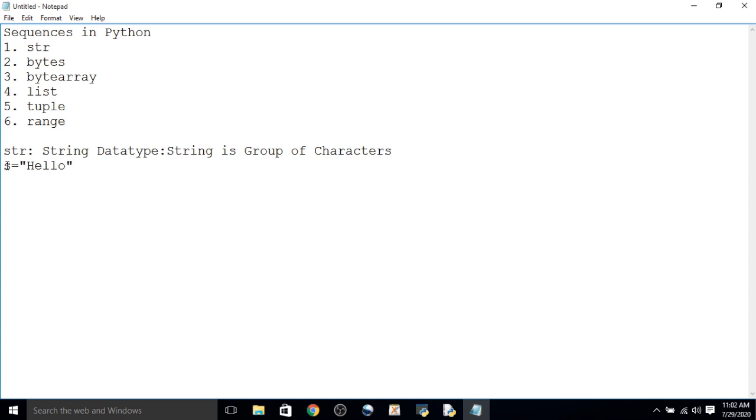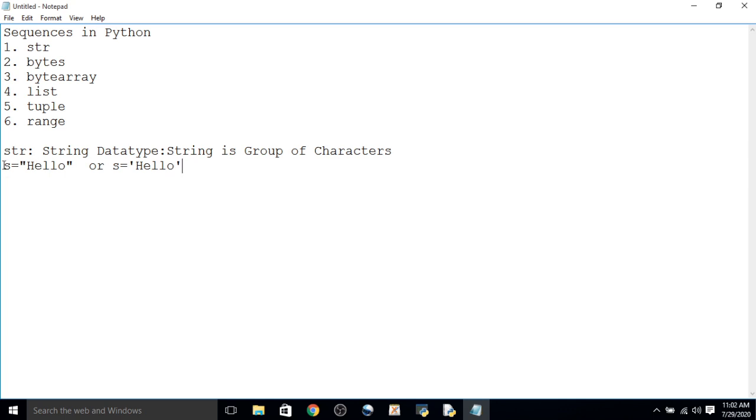A string can be enclosed either in double quotes, or we can also enclose it in single quotes. So both are valid here. You can use either a single quote or a double quote.